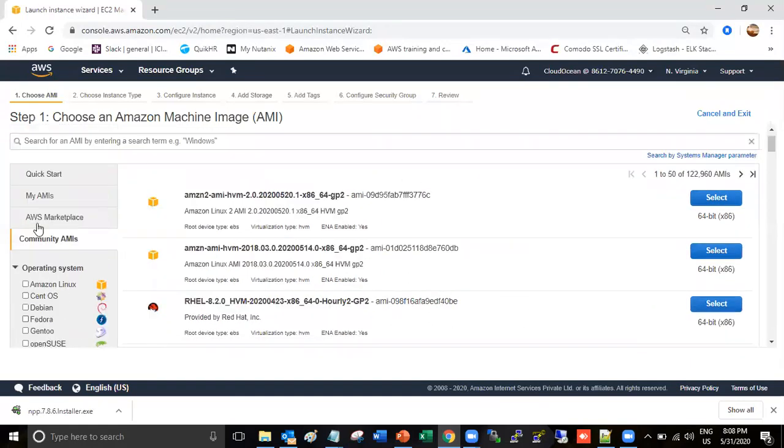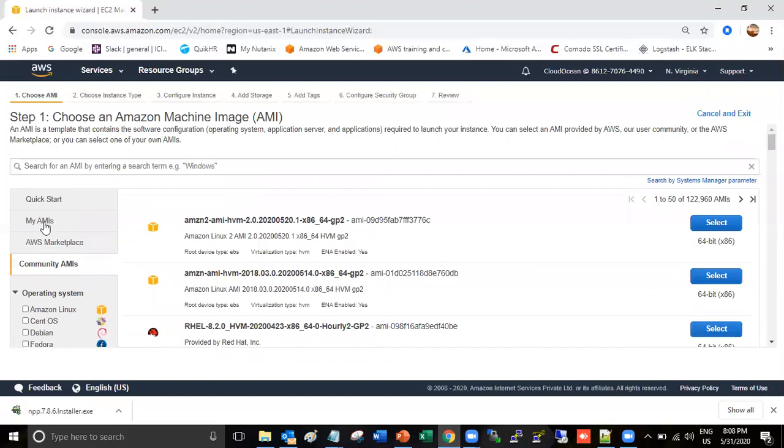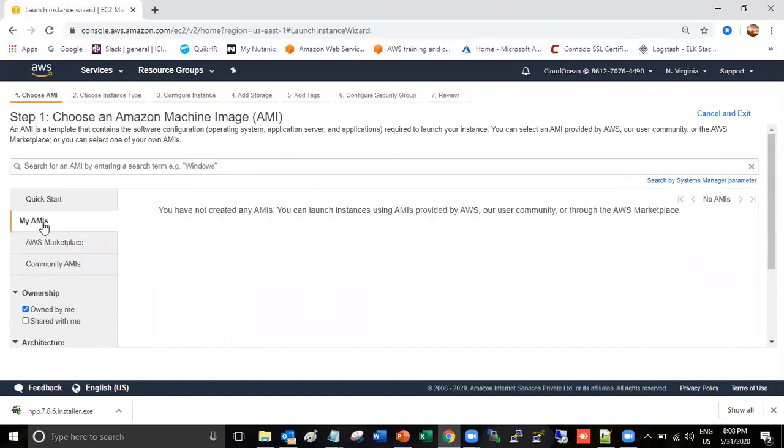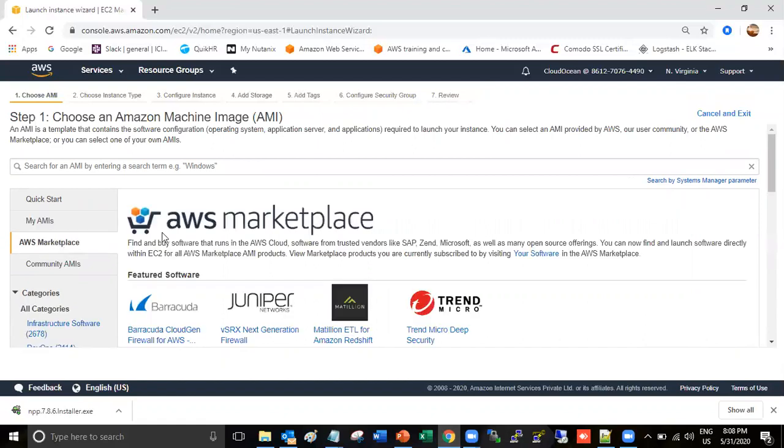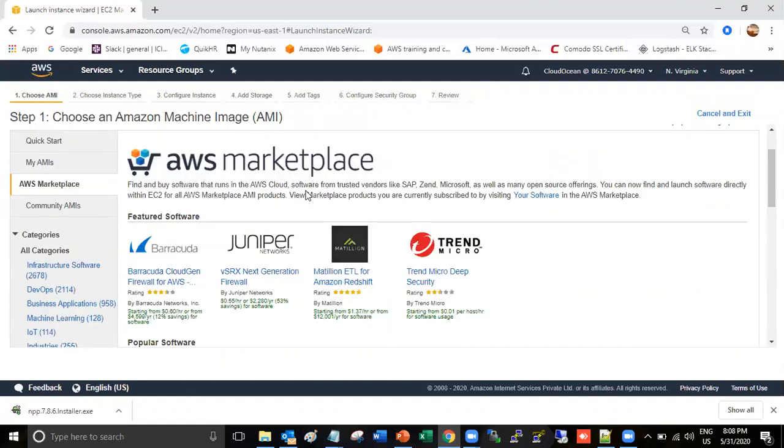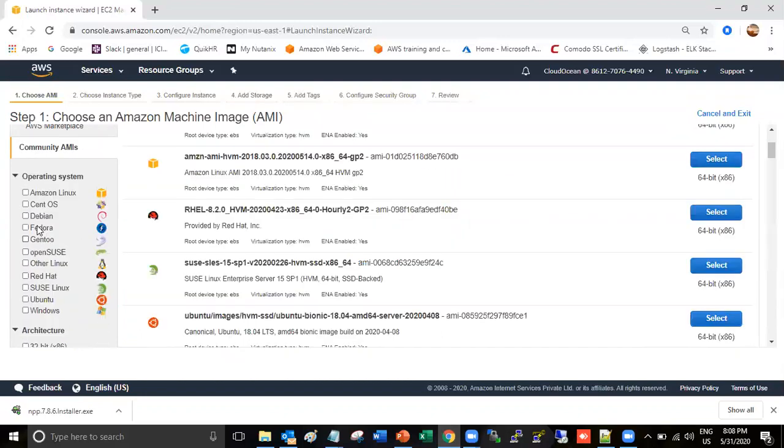Okay, this is My AMI, the AMI snapshots which you create. As of now I don't have any. And in AWS Marketplace, third party products are available here. Okay, so in the community AMIs, the OS-wise images are available.